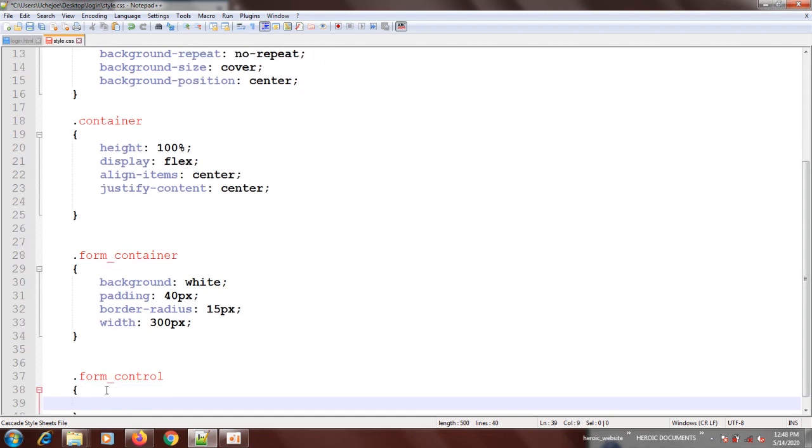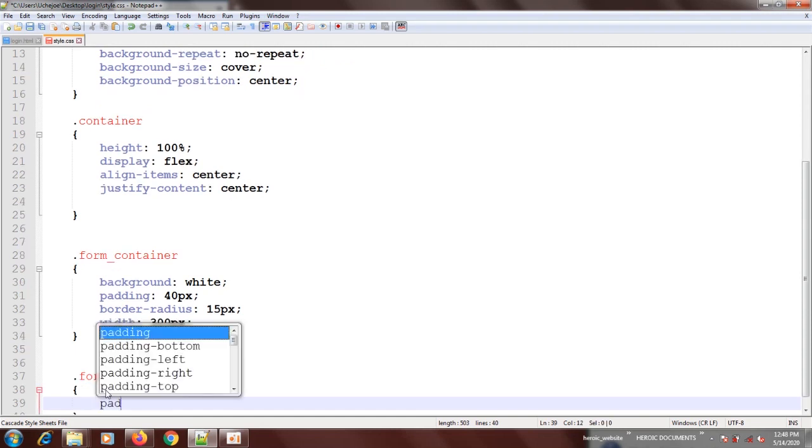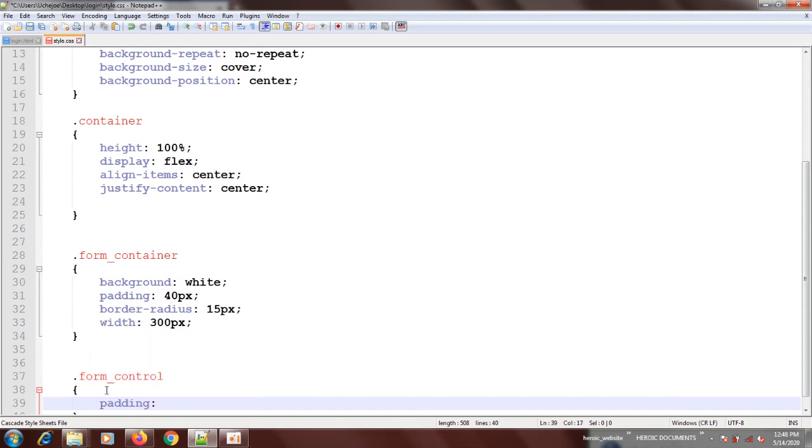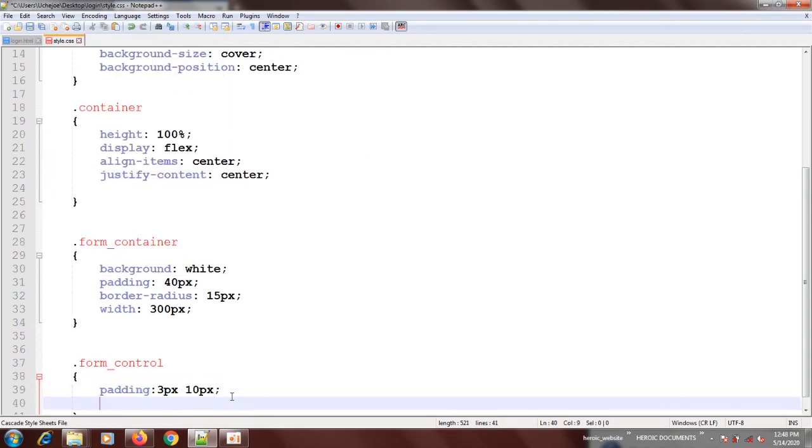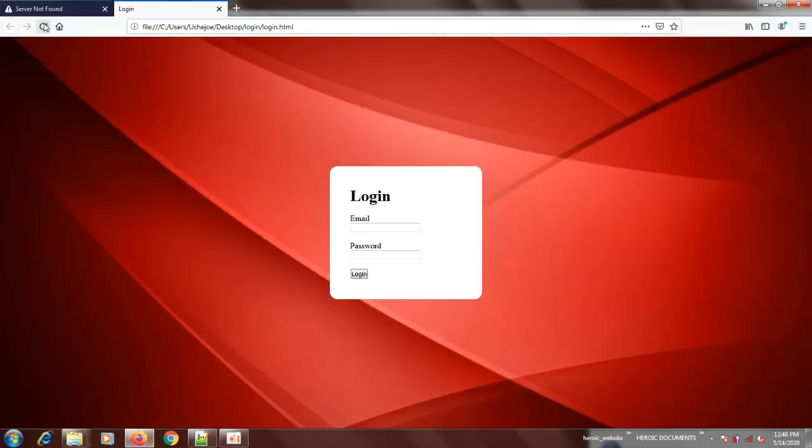Then we're going to say the control is going to have a padding of, maybe top and bottom will have let's say 5 pixel, let's say 3 pixel, any size. Then left and right we have 10 pixel. Okay, let's check it out. And maybe we're going to make width to be 100%. Alright. Let's see what we have now. So you see it's now becoming big. The control is now big and looking sweet.